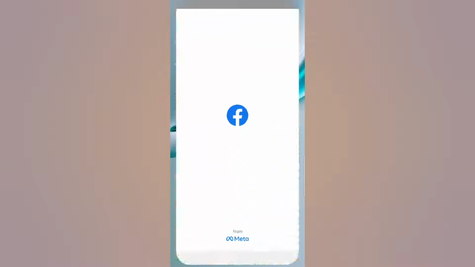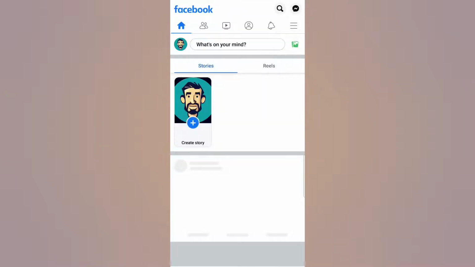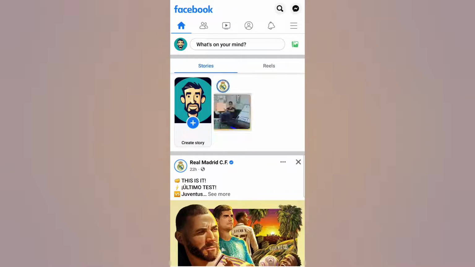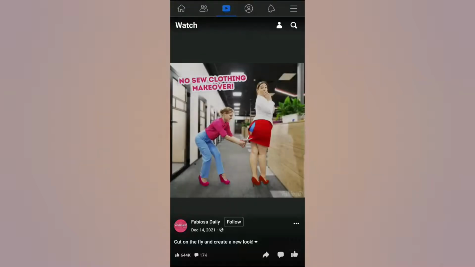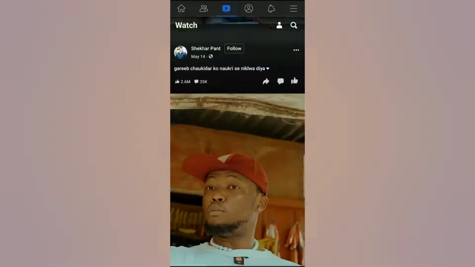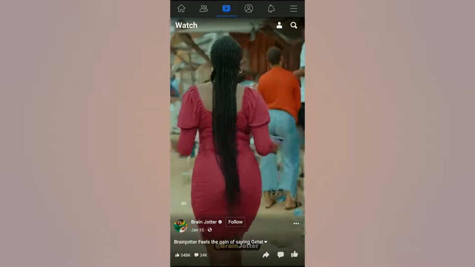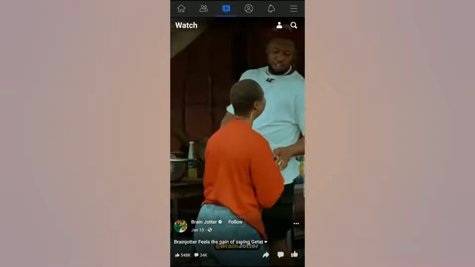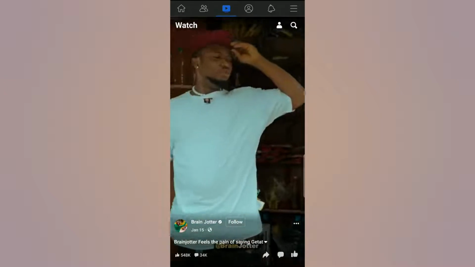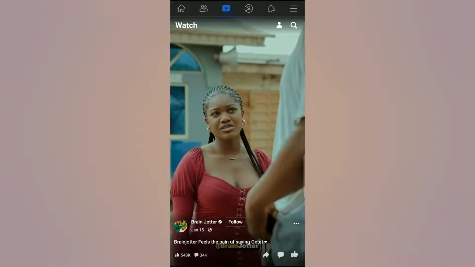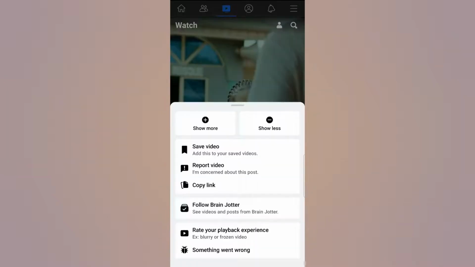So go ahead and open up Facebook. And let's say, for example, I wanted to download a random video. Say, for example, this one right here. What you need to do is click on the three dots, whether they are at the bottom right of the video or on the top right of the video. It doesn't matter. Just click on them, and this menu list will appear from which you want to click on